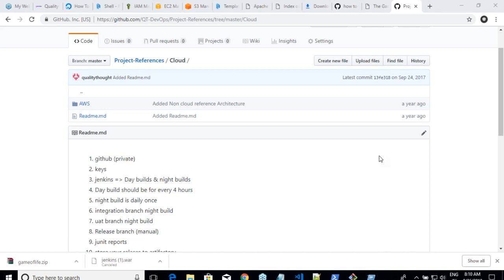Does creating images in AWS depend on the application's programming language? It has nothing to do with programming language. It has to do with deployment steps. So for example, if you are deploying an application which is developed in Java, you have to install Java. Similarly, if you are deploying an application which is developed in Python, you have to install Python. These are the deployment requirements, not really the programming language.